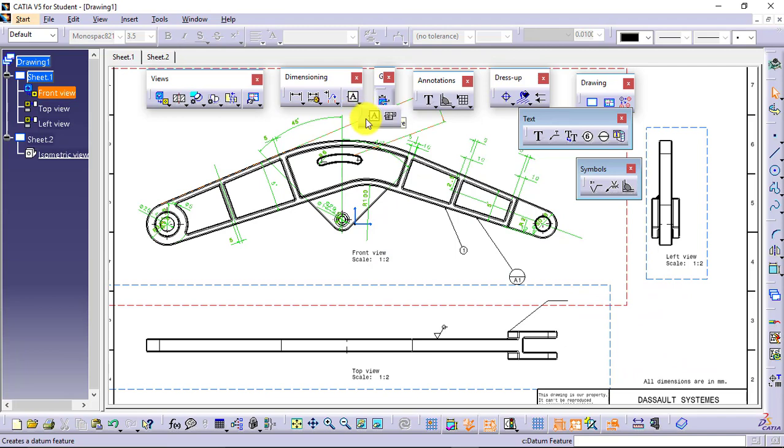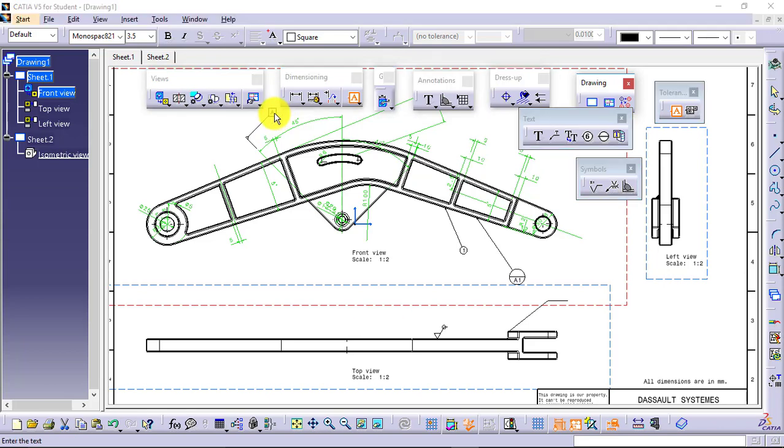Then we have two more from GD&T. First one is datum feature. Select it, select the entity. If you want a particular face to be a datum feature, select the face. If you want a dimension to be a datum feature, select the dimension. So this dimension is datum feature A. Like this, I can select it, I can click over here and I can apply it. No issue. If you want an axis to be that, select the axis, you will be able to apply it.